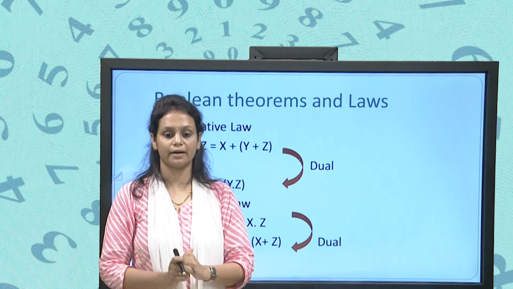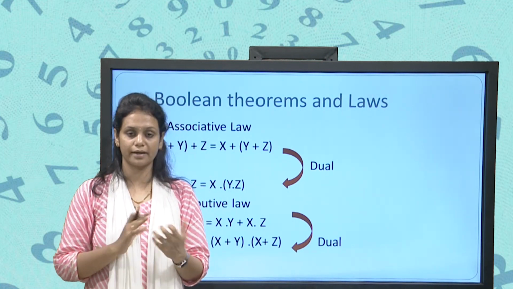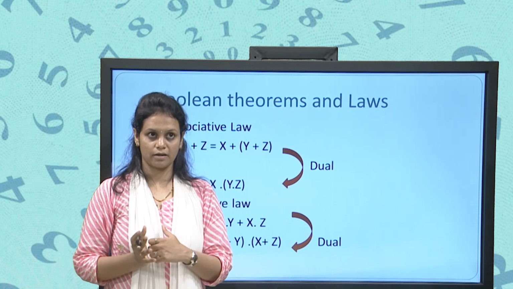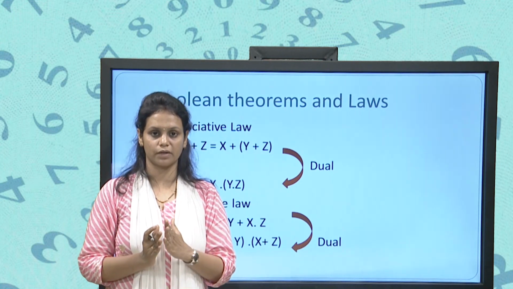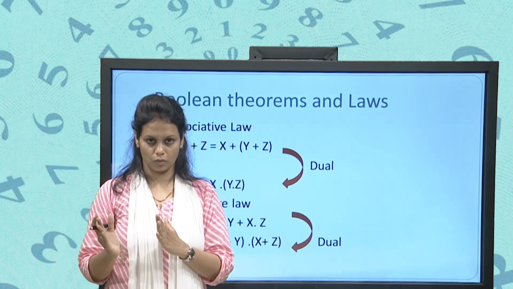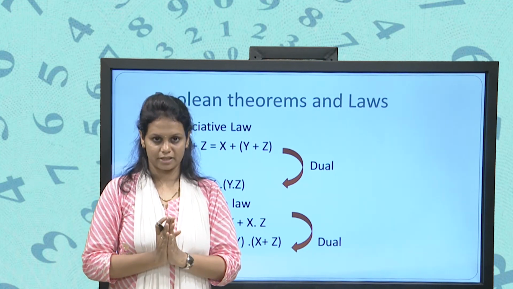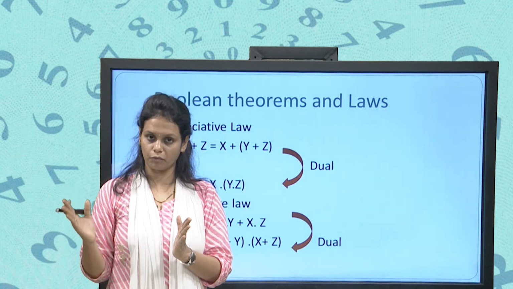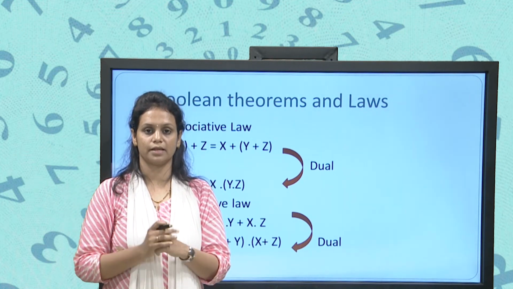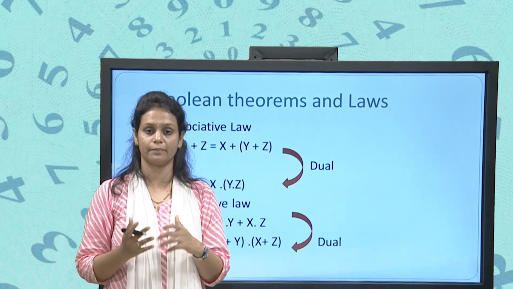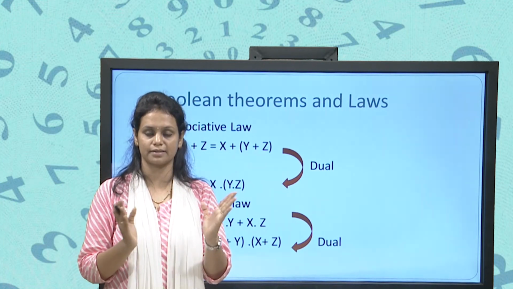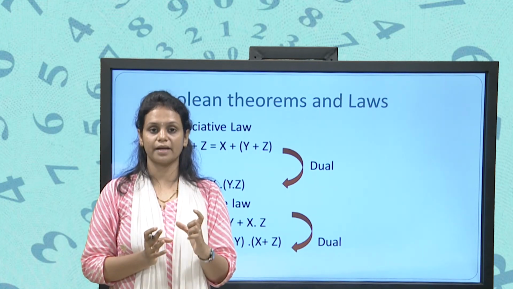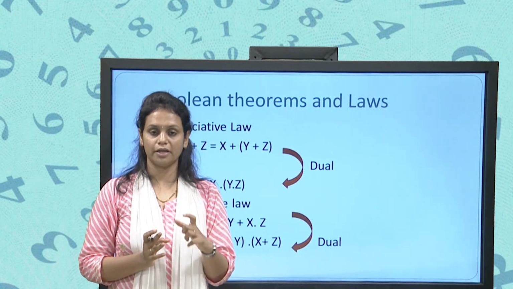Okay, this is where Boolean algebra and normal algebra are different. In normal algebra, if we do 1 plus 1, it gives the output 2. But in Boolean algebra, 1 plus 1 gives the output 1, because the meaning of the plus is that it tries to find the highest element from the two elements, and 1 is considered the highest element in Boolean algebra,